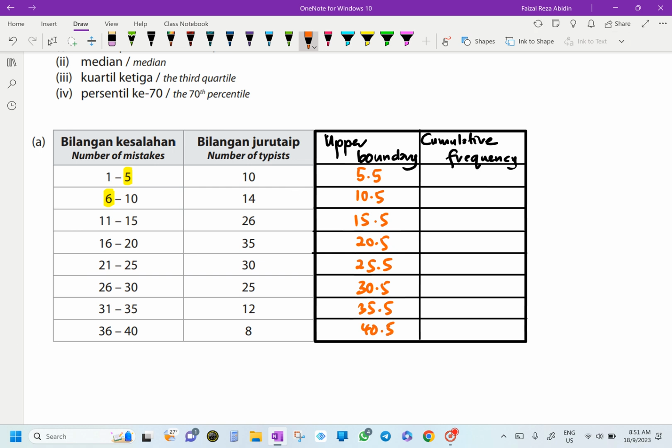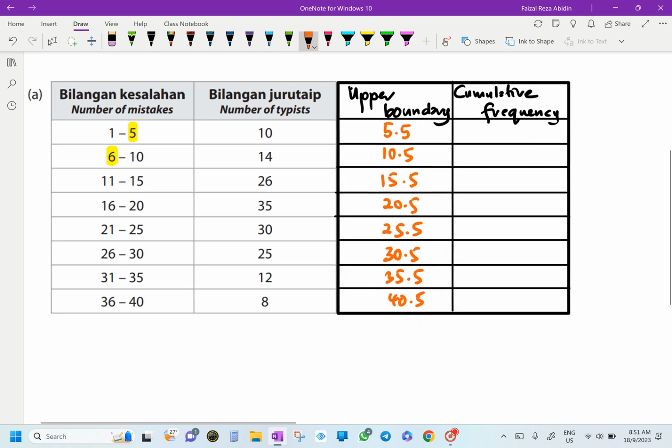For our cumulative frequency, how do we find it? You look at the number of typists there. That's going to be our frequency. For cumulative over here, first of all, I'm going to put 10. After that, it's going to be like zigzag. It means you take 10 plus 14, then 24 plus the next, 26, and you are going to get